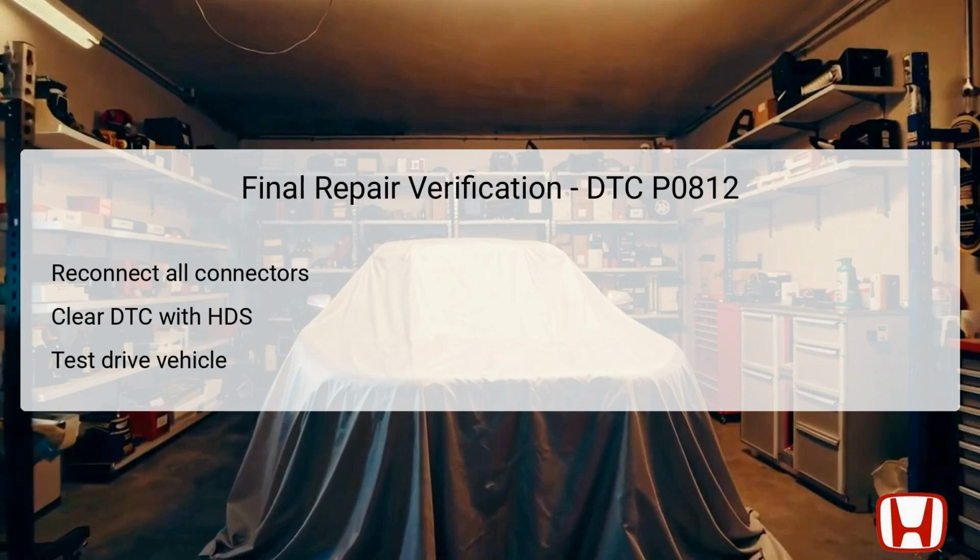After successfully implementing repairs for the DTC P0812, the critical step is conducting a thorough final repair verification process. Begin by carefully reconnecting all connectors that were previously disconnected during troubleshooting to ensure each connection is secure. Using the HDS, clear the DTC from the system memory to reset the error state, which prepares the vehicle for